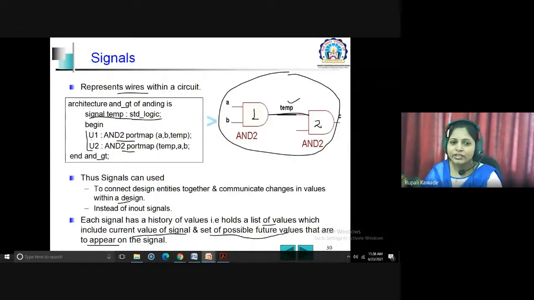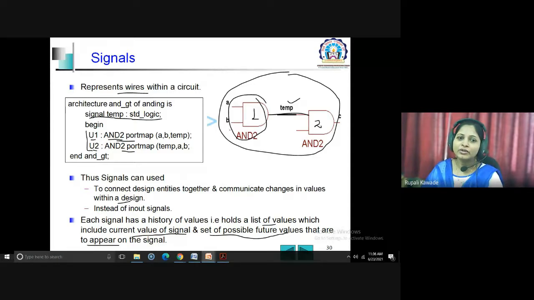So what you are doing, this is your label, U1, the first instantiation of your AND2. What is AND2? This is the name of the entity of this particular AND gate. So you are going to use the name of the entity, which is nothing but the name of the component. Port map, this is a keyword, so you are mapping the port.